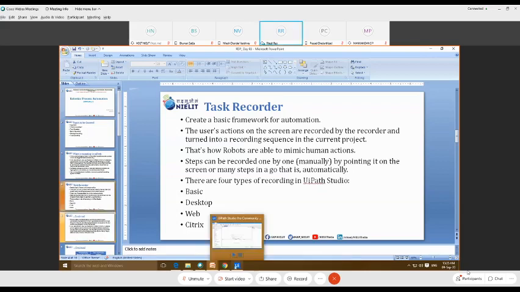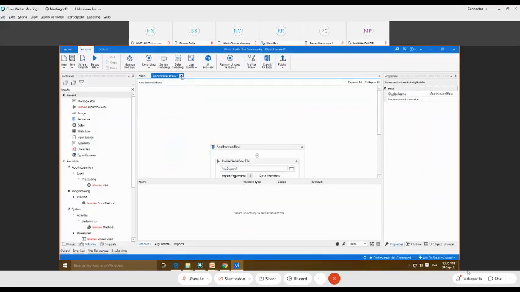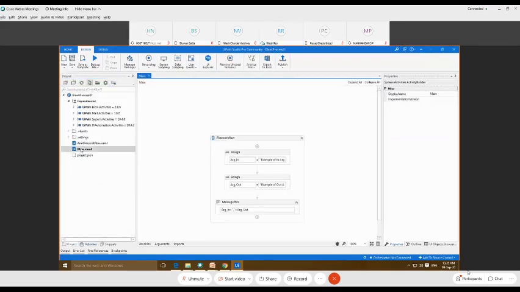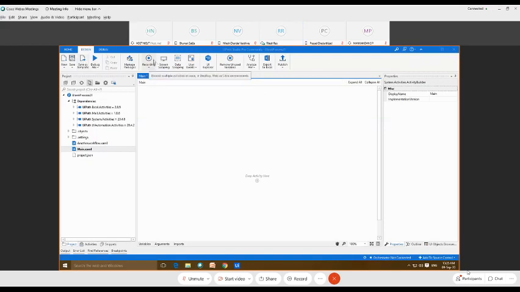You can see here this is the ribbon portion of UiPath. This upper portion is known as the ribbon, and here is the recording option.